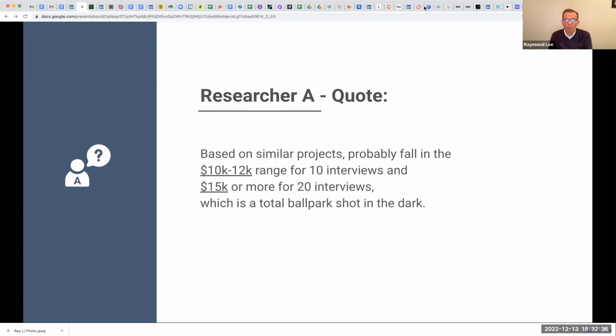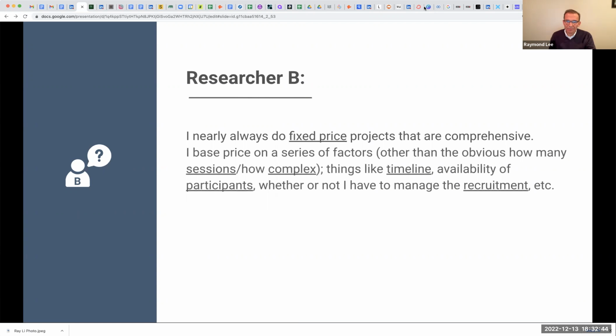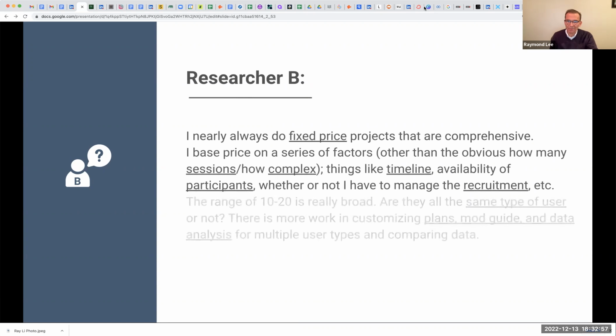Let's go on to researcher B, who's somebody else that I sent this to. I nearly always do fixed price projects that are comprehensive. I base price on a series of factors, as in the obvious, how many sessions, how complex, things like the timeline, the availability of participants, whether or not I have to manage recruitment. So once again, she picked up on the same thing.